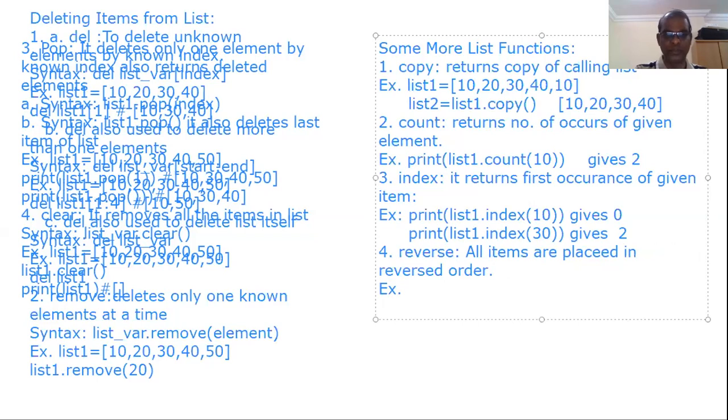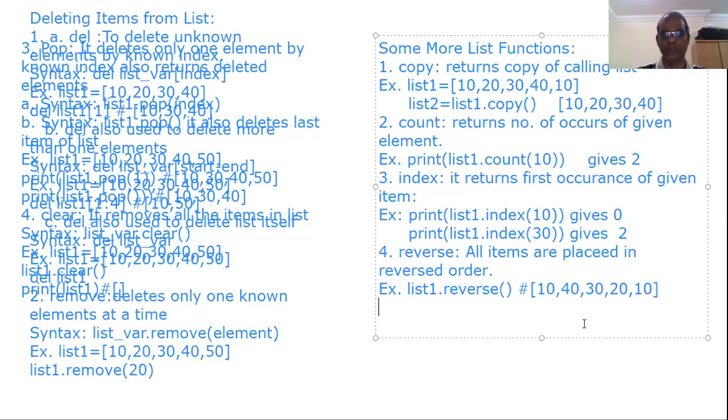Example, list 1 dot reverse. Now list 1 contains 10, 20, 30, 40, 10. Now the last 10 will come first, then 40, 30, 20, 10. It will be like this. In reverse order. 10 will be placed first, 40 will be next, 30, 20, 10.